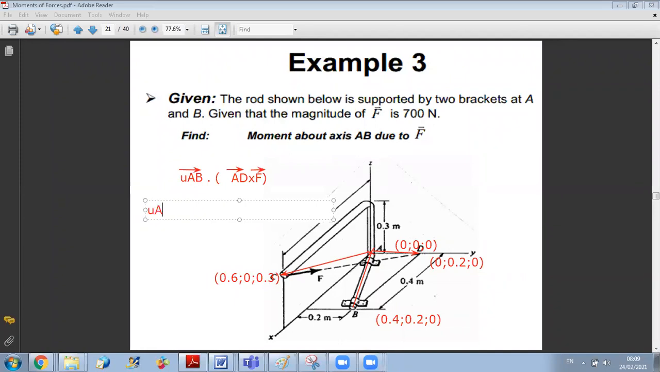So the UAB vector is equal to, I have 0.4i plus 0.2j, okay, over, yes,